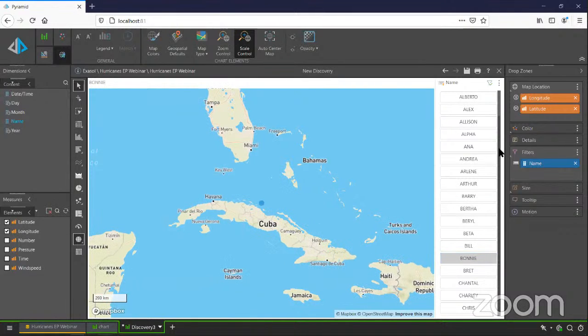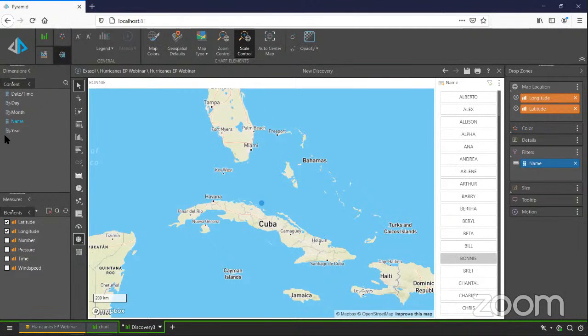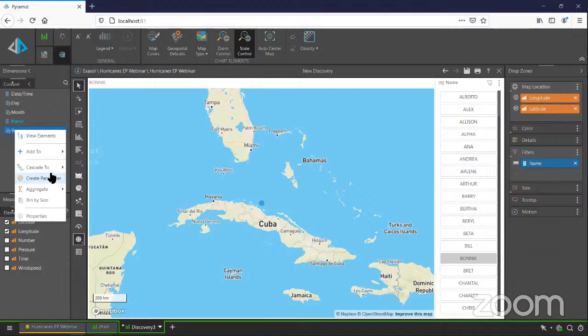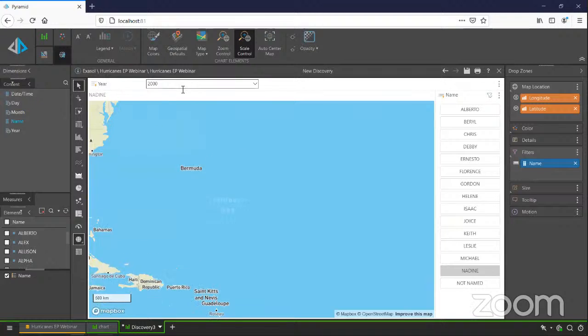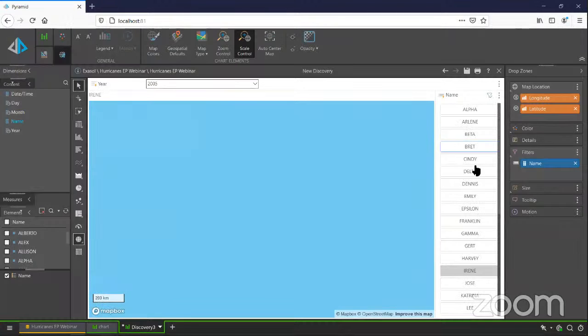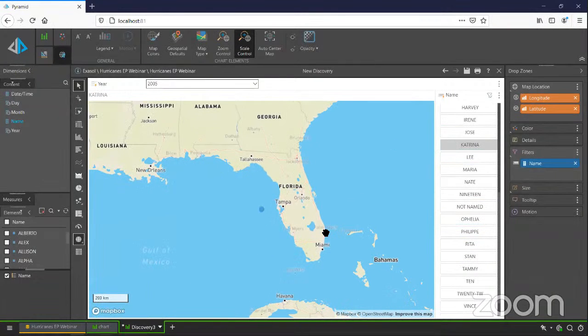But there's an awful lot of buttons I've got down here for all of my hurricanes. And often I want to look at this perhaps by year. So I can use year to filter my names in my box here. So again, choose, for example, 2005, and that filters out the list of buttons. I can then choose, for example, Hurricane Katrina.